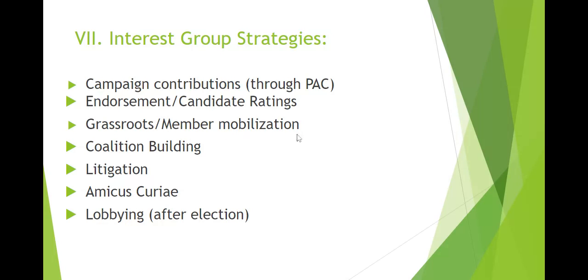Member mobilization. This can be things like organizing a rally or a march, or organizing a congressional letter writing campaign or congressional calling campaign, where you say, hey, members of this interest group, this bill is coming up to Congress and we want to make sure it passes. So call your senator, call your representative, make sure you contact your member of Congress so we can get this